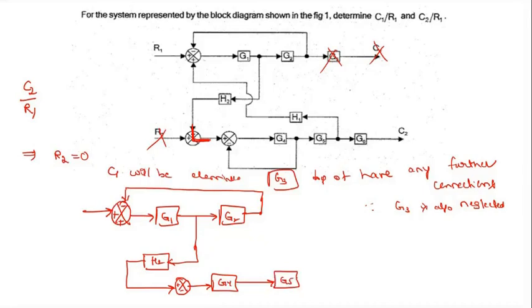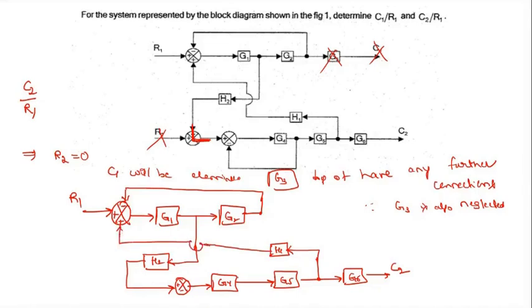It's G5. Now we can consider G6 because our output is C2 only. That's why G6 will be considered. So here input is R1. So in between G5 and G6 there is a branch point. This branch point is having H1 feedback like this. This H1 is directly connected to this plus summing point and drawn like this. Again, in between G4 and G5 one more branch point which is connected like this. Yeah, right. So this is the diagram redrawn.